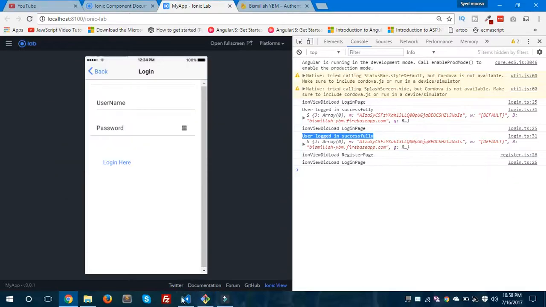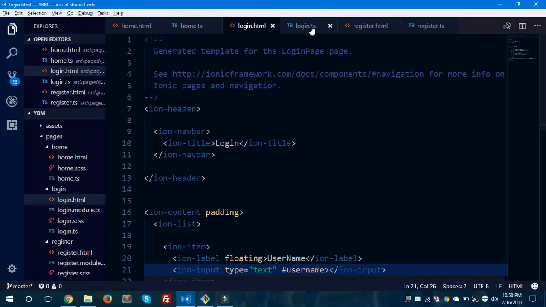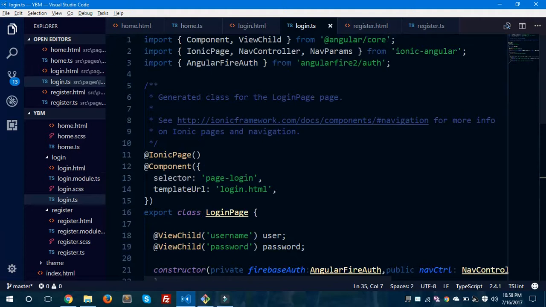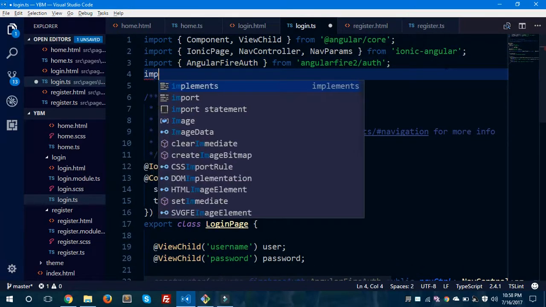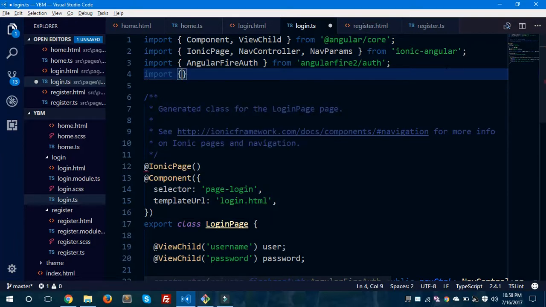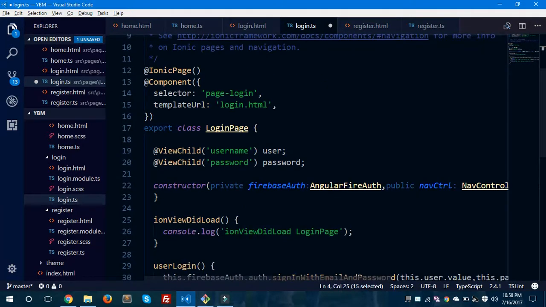Now I'll show you how you can create an alert controller on the success message. Import AlertController from ionic-angular. So this AlertController should be passed as a parameter inside the constructor,